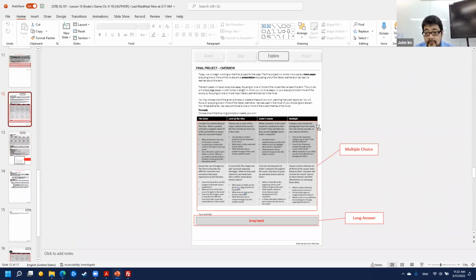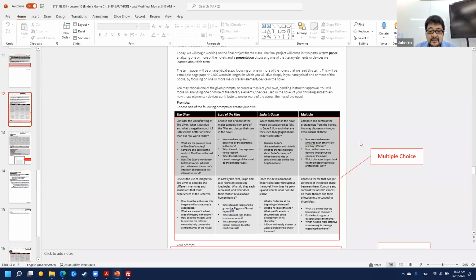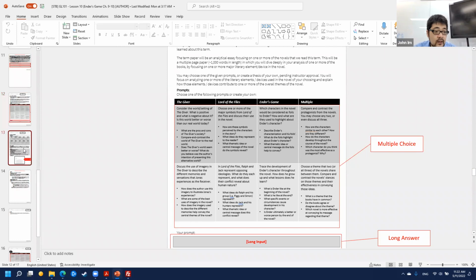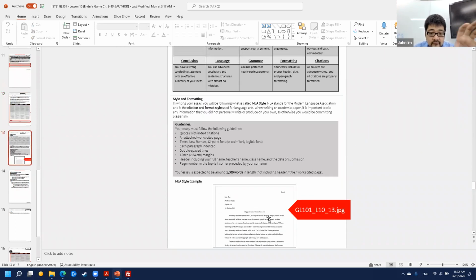Yeah, so an overview of the project, the different prompts. I've tried to come up with basically 2 prompts per book and then 2 prompts that would address multiple books. But the students can also change the prompts. If you want to change the prompts as well, feel free to do that. I tried to make sure that your prompts were related to one of the literary elements and devices covered in the lessons. And so this goes over the basic structure, the rubric, as well as an example of what